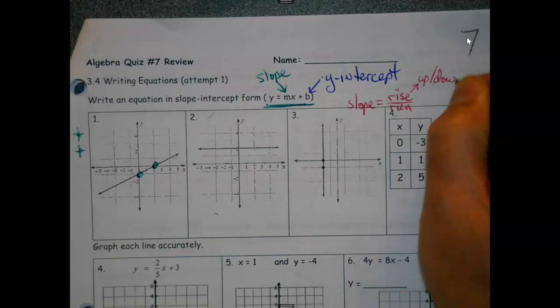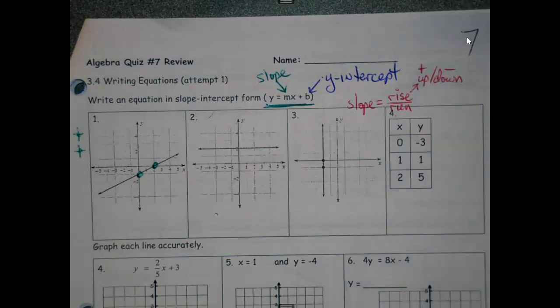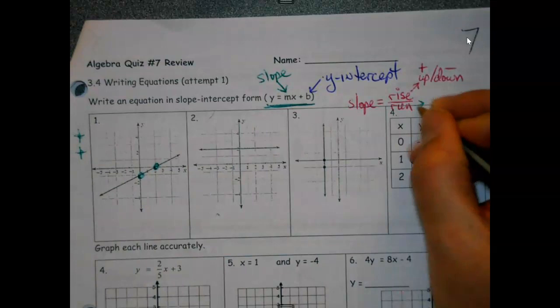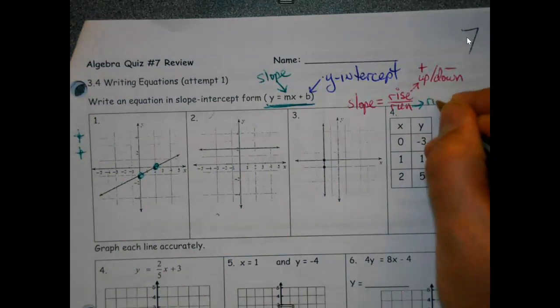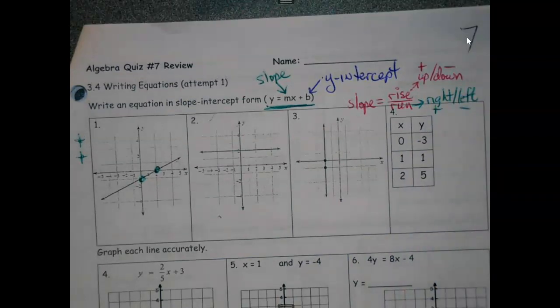And again, rise meaning we're going up or down. If it's a positive, if we're going up, it's positive. If we're going down, it's negative. And our run, if we're going right or left, if I go right, it's positive. If it's left, it's negative. So once I've got those 2 points, all I've got left to do at this time to find my slope